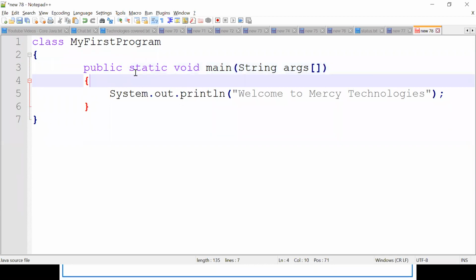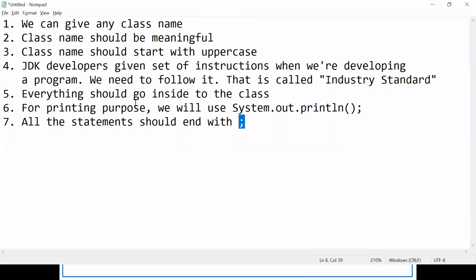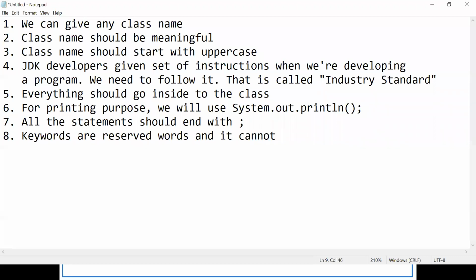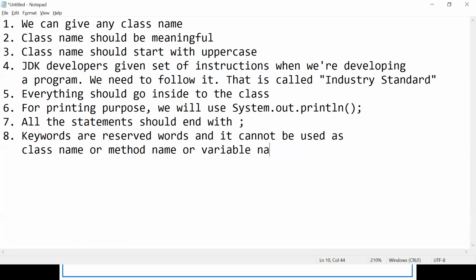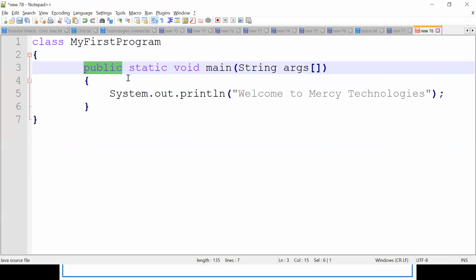You can say keywords are reserved words. Keywords cannot be used as class names, method names, or variable names. It means we should not use that word at all for our purpose.